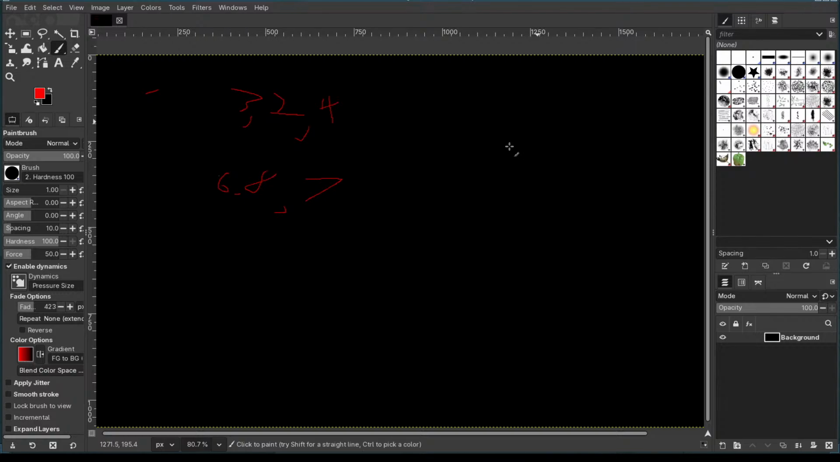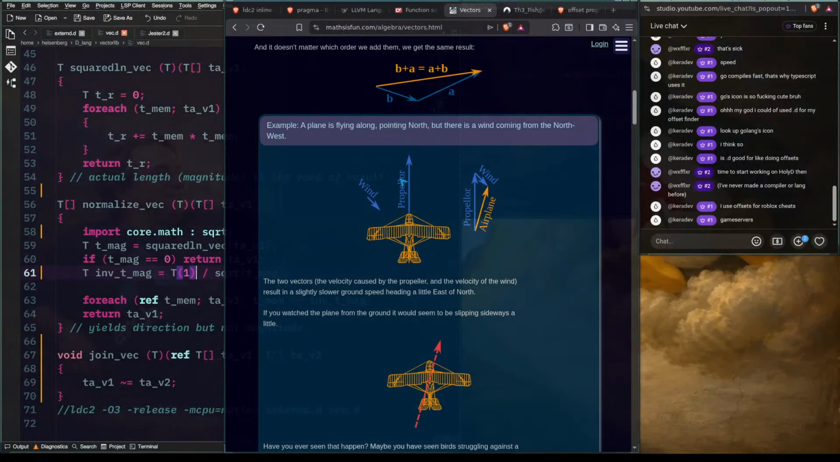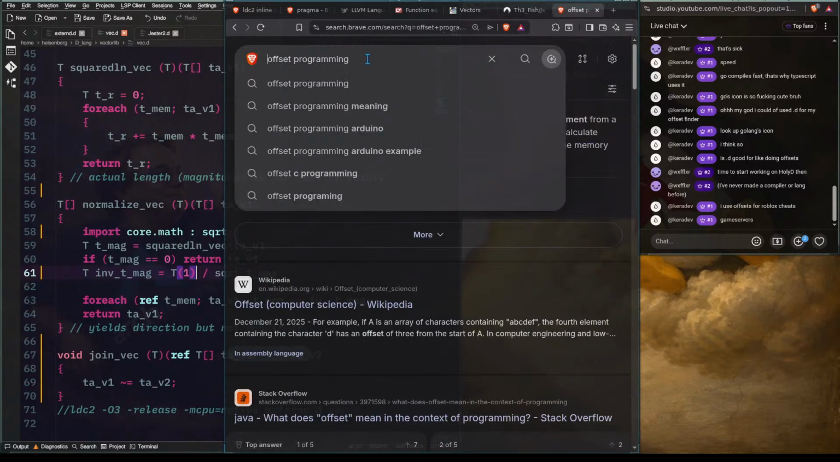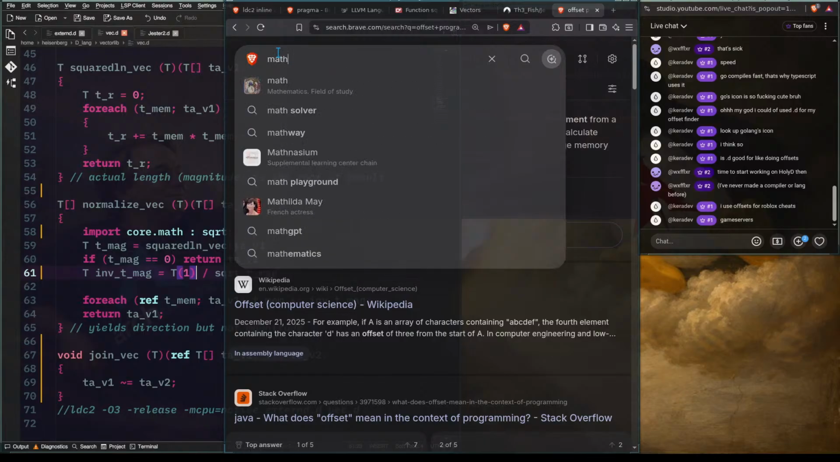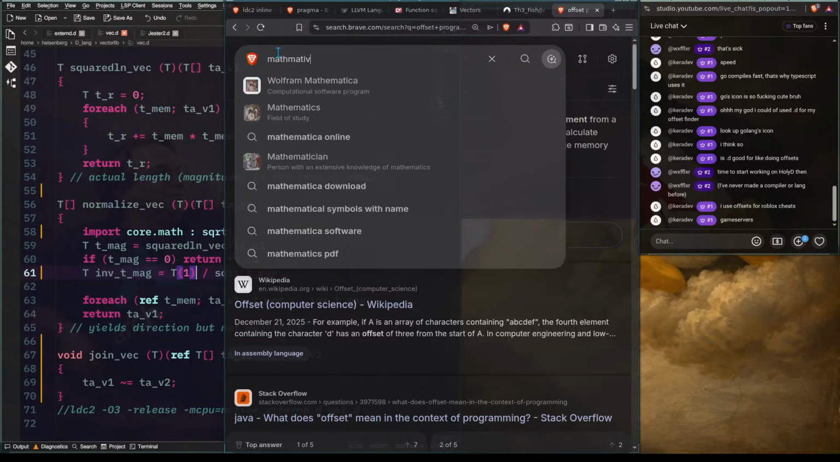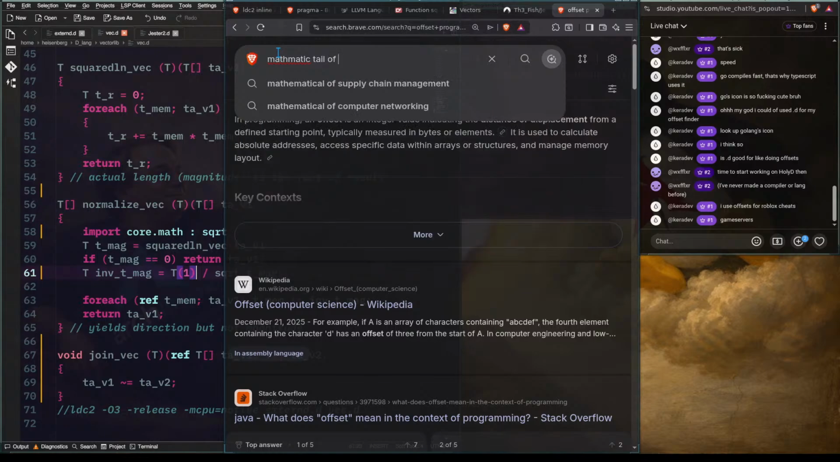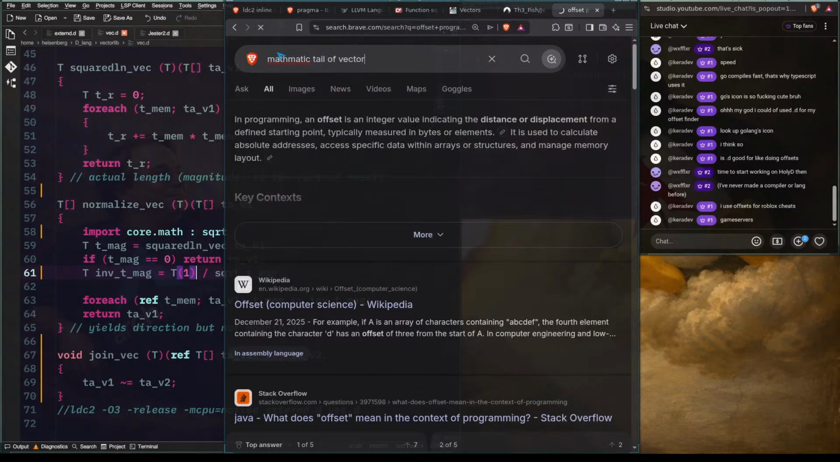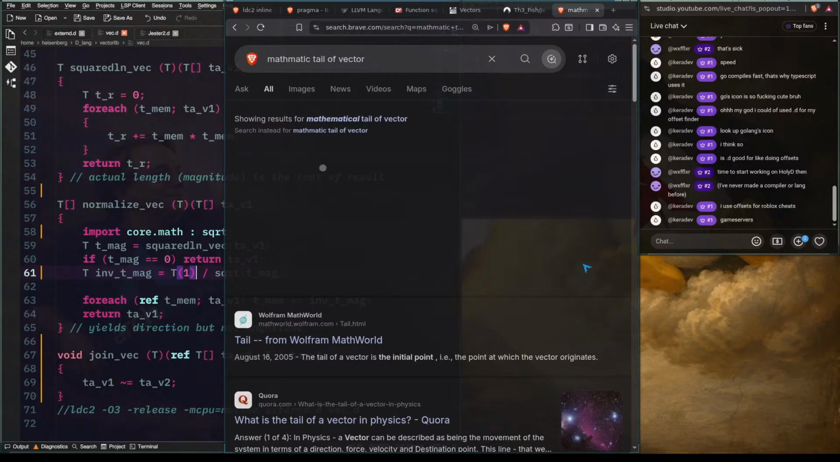But you could see that it could be a representation of a position or a speed. So like if wind is going this way, then the tail of the wind is this. So what is a tail in mathematics? Mathematics, tail of vector. So a tail would be like